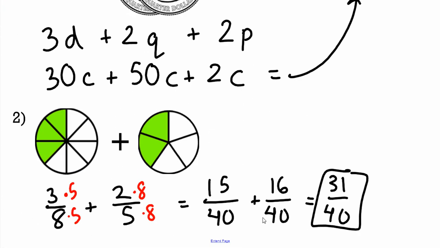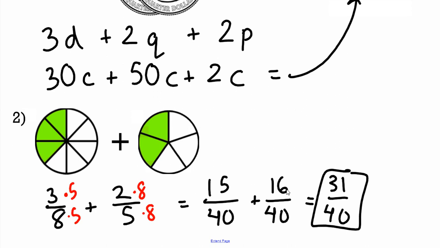Notice, once you have a common denominator here, how do you add fractions? You just add the tops. In a fraction, the bottom is the name of the piece, the size of the pieces. The top is how many you have. So when you're adding or subtracting, the top parts are really the only parts that are going to combine together